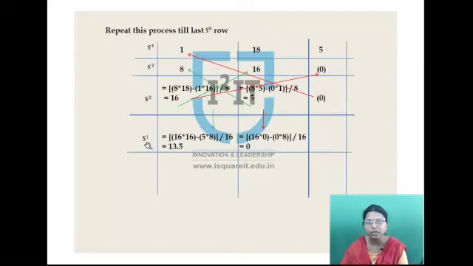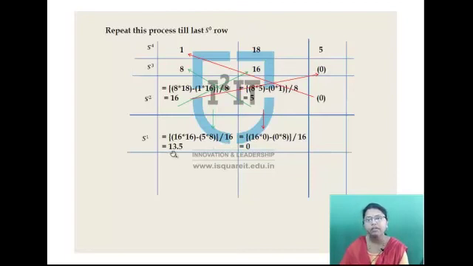For calculation of the s to the power 1 row, we'll take the help of the s² and s³ rows and write the values. The same methodology will be followed. For writing the element in this column, we'll have a multiplication of 16 into 16, same methodology as we have done in the earlier case. 16 into 16 minus 5 into 8, and this entire divided by this base element, that's 16. So 16 into 16 is 256, minus 5 into 8 is 40, complete divided by 16, and this comes out to be